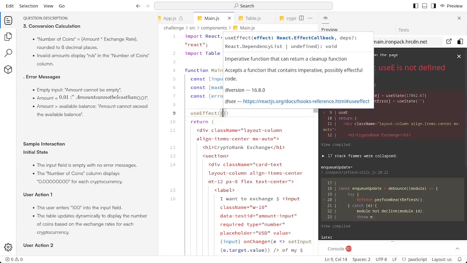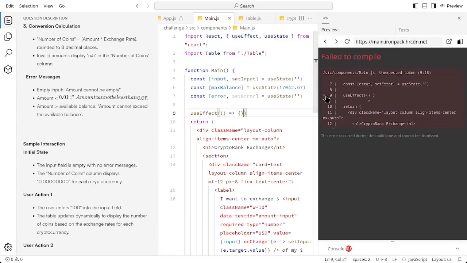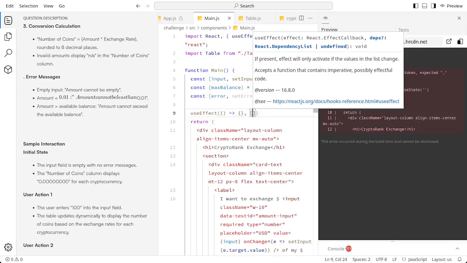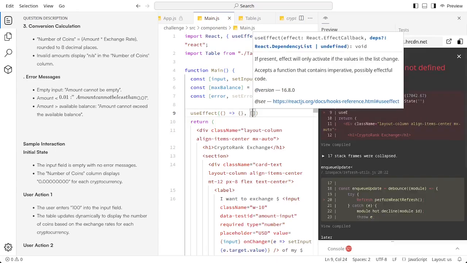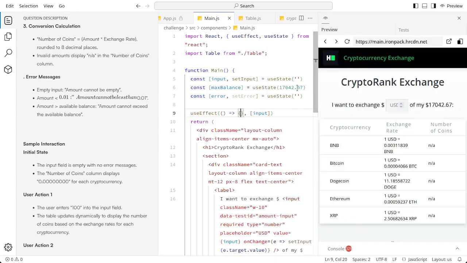Let's declare the useEffect with the anonymous arrow function, and the output is the curly brackets, and the second parameter is the dependency array, and inside the dependency array we can insert the input to monitor our input,